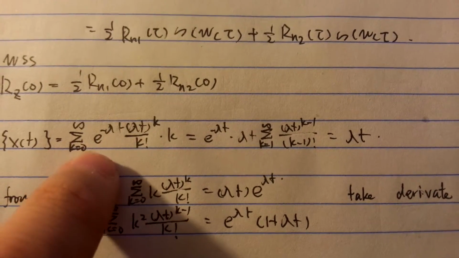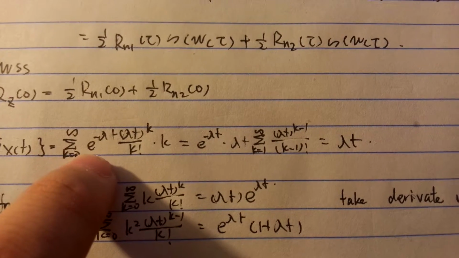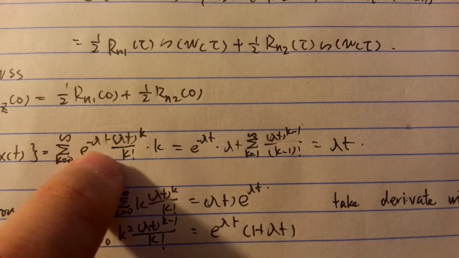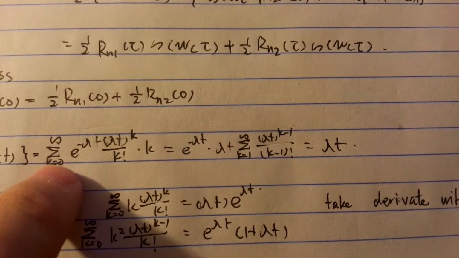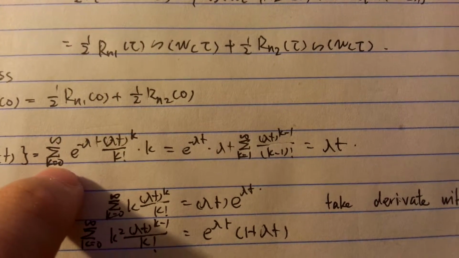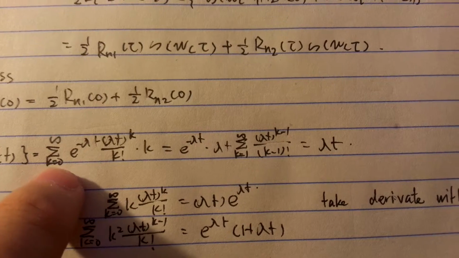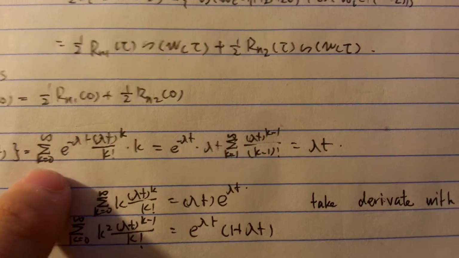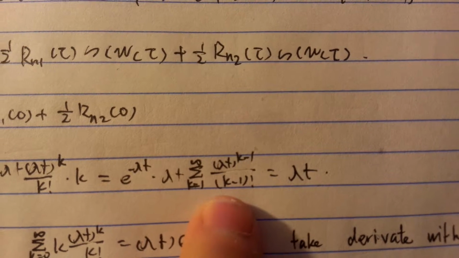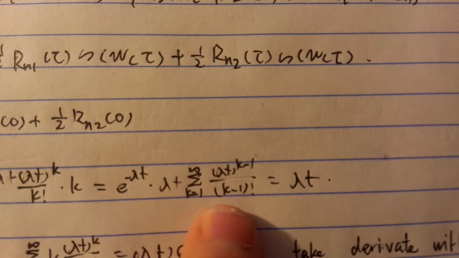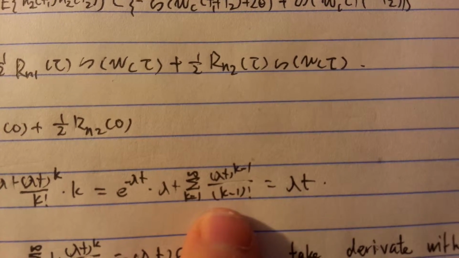We first move e to the minus lambda t and lambda t out of the summation sign, and what we get in the summation is lambda t to the k minus 1